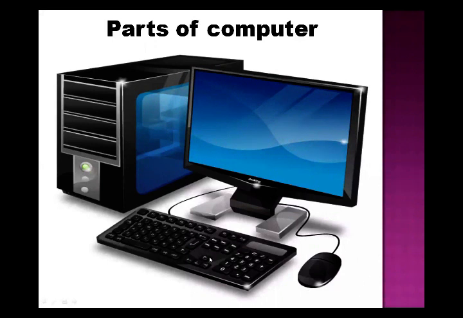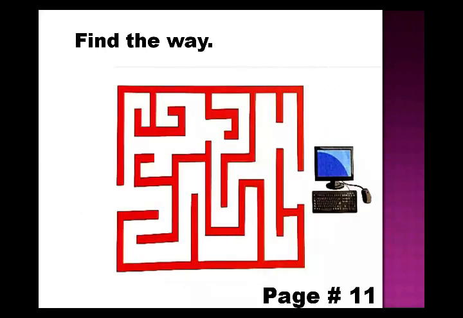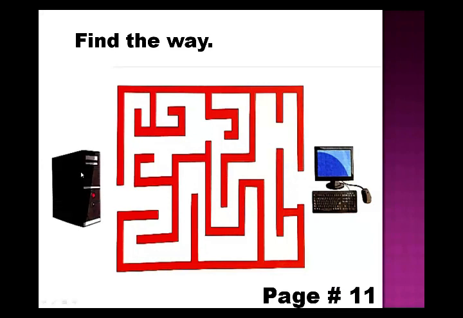I have one more activity about this. I will explain to you, and it is a very interesting activity for you. Find a wheel. Firstly, we will see the picture here. What is the picture? I think this is a computer, but computer has 4 main parts, and here are 3 main parts. So which part of computer is missing? Okay, we will read this. Monitor, keyboard, mouse. Which part is missing here? I think the CPU is missing. Where is CPU? Oh, CPU is here.